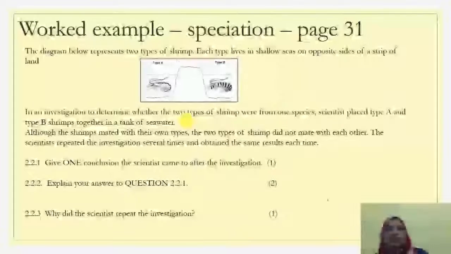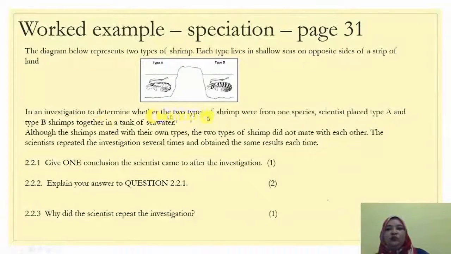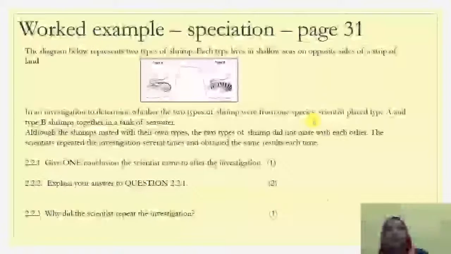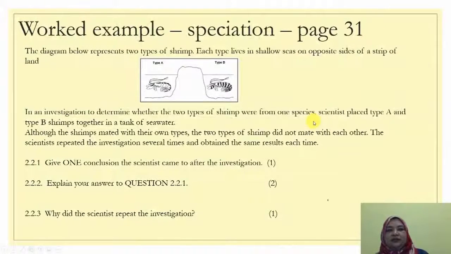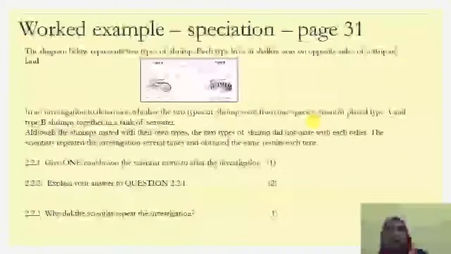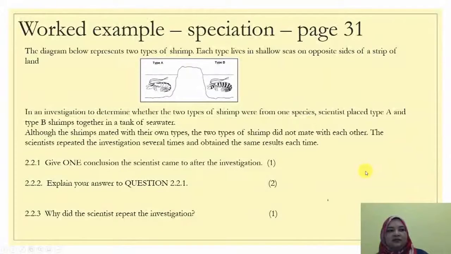The investigation was to determine whether the 2 types of shrimps were from one species. What would the conclusion be after the investigation was repeated? That the shrimp did not mate with each other and therefore,